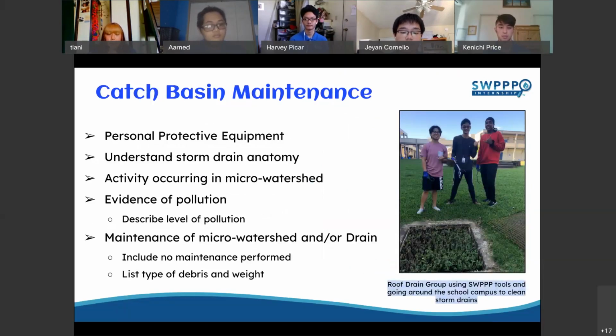So we needed to learn how the pollution enters through the inlet drain, the catch basin, and the outlet that links to our nearby ocean. When we do go out for our monthly visual observations, we make sure to wear personal protective equipment, PPE, protective eyewear and gloves for safety while we handle sharp equipment like screwdrivers. The main task is to describe the pollution around the drain and inside of the drain, then figure out where it came from. One example for the lunch drain, there have been a couple of times where we saw orange